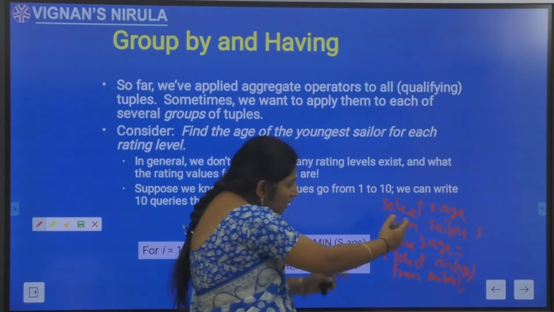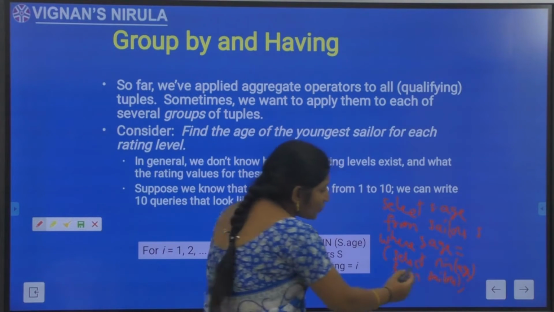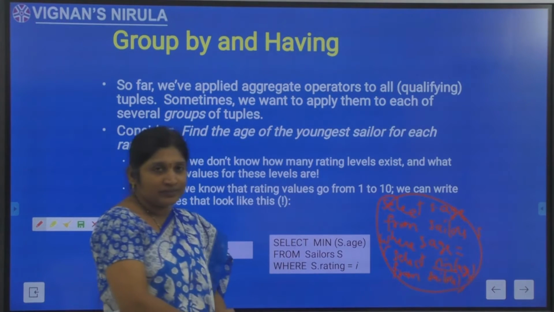So on all of the tuples, whatever the minimum age may be, the person whose age is equivalent to that minimum age should be selected as the youngest sailor.